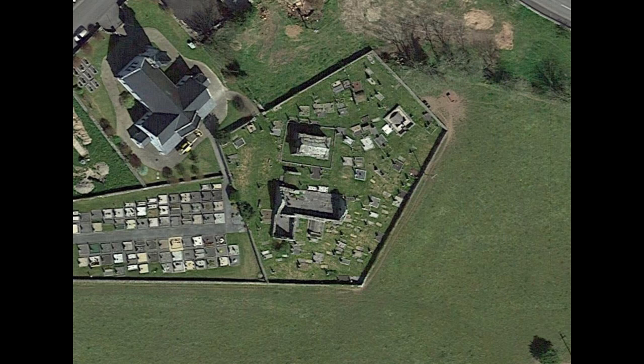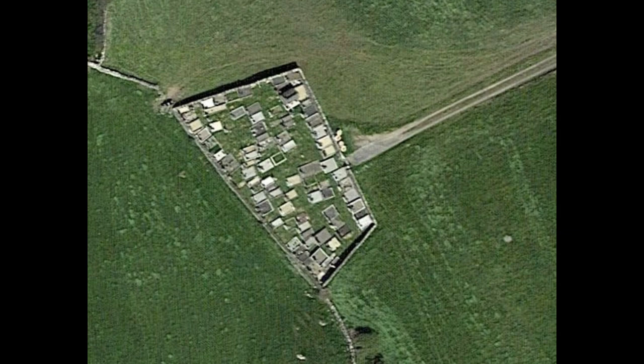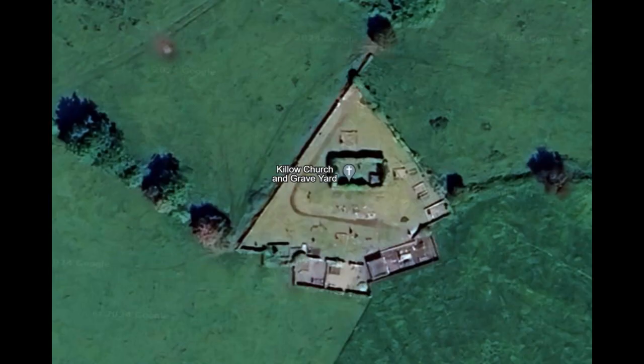Let's take just 4 or 5 minutes to look at some very surprising aspects of cemeteries around the Irish countryside. Looking at a few of them from the air, we see that they come in all shapes and sizes. We assume they're random bits of land, randomly located, and that they're whatever bit of land was available to be given to the church at the time for burial. The only thing is, when we drill into them, we find that there's nothing random about either the location or